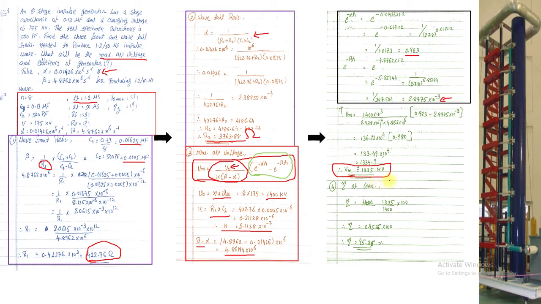1335 kilovolt. And as you know, the efficiency can be calculated from output divided by input into 100. Okay, so from this formula we can determine the efficiency of the generator. So output voltage is 1335 kilovolt divided by 1400 kilovolt into 100. So the efficiency of the generator is found to be 95.36%. Okay, so this is how you need to calculate the example once you have the alpha and beta value.